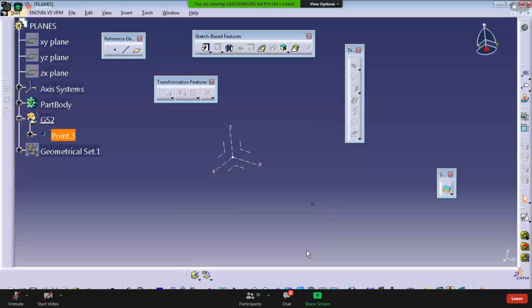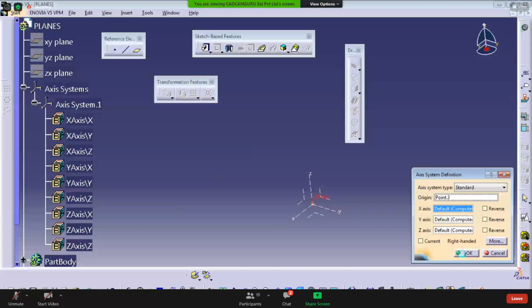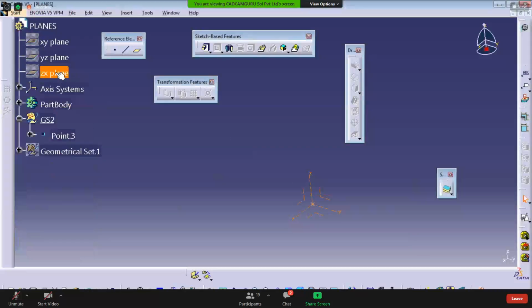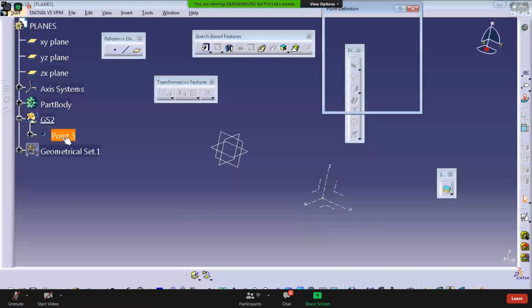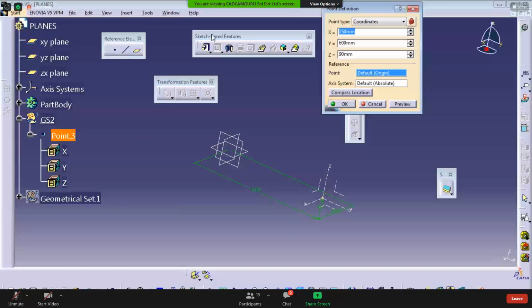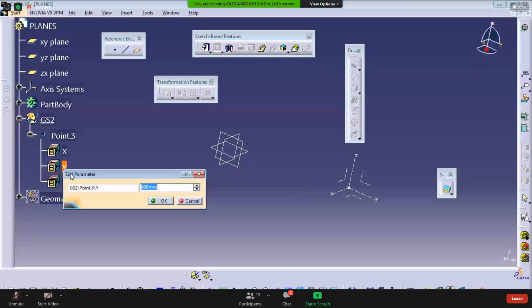And if you want to put the axis system over here, then you can use that and define the origin on this point. Now my axis system is shifted to some other location. You can show this. So this is the default plane's origin location, and I changed the axis system to the new point. Now if you modify this particular x-axis, then accordingly the axis system gets adjusted. X I'm changing, Y I'm also changing.